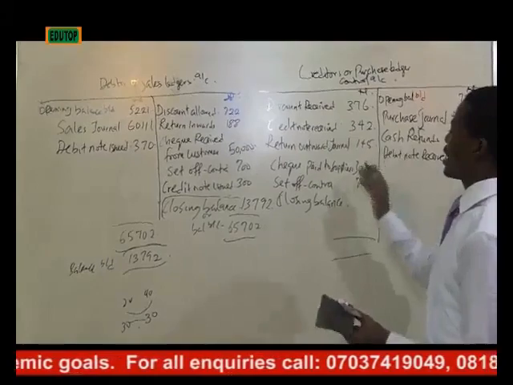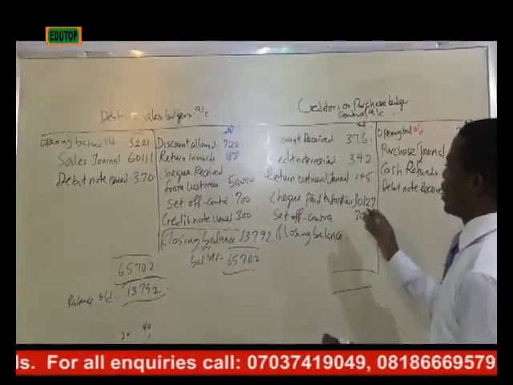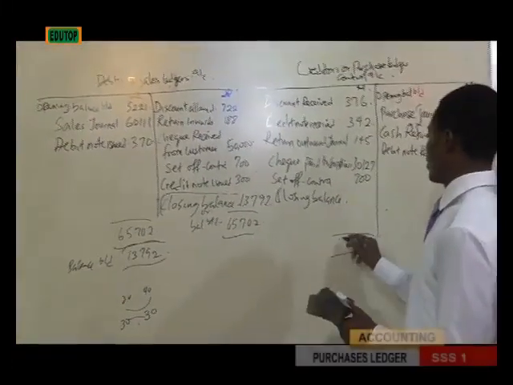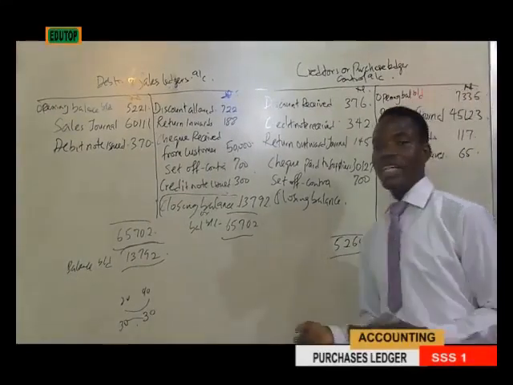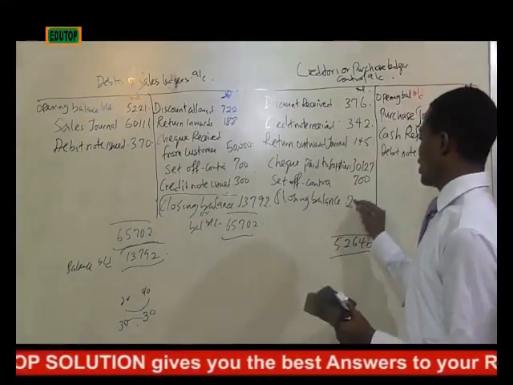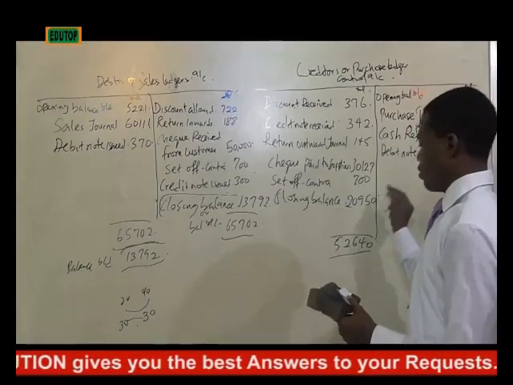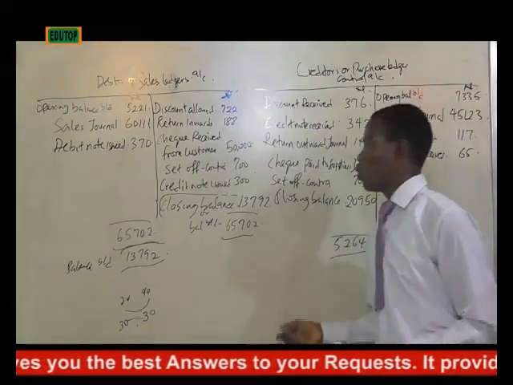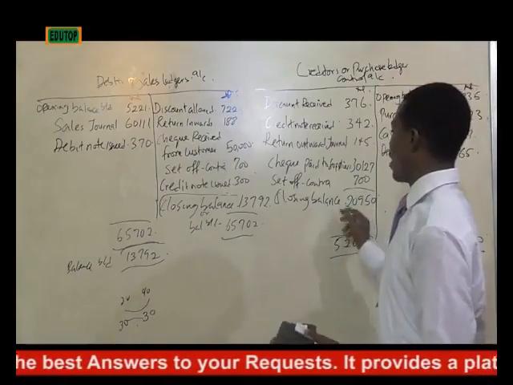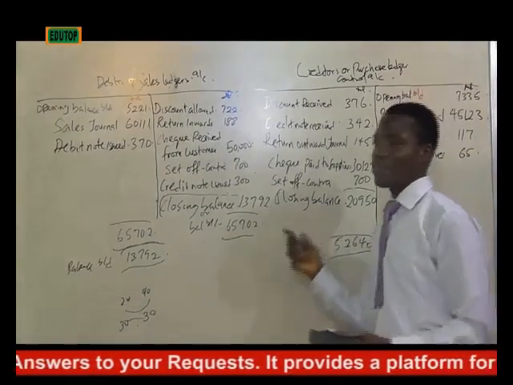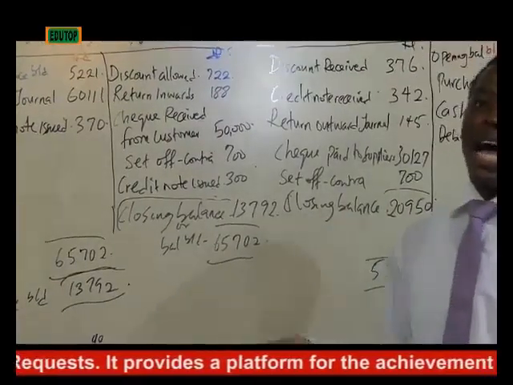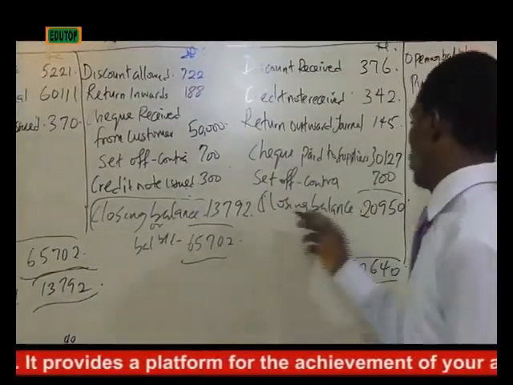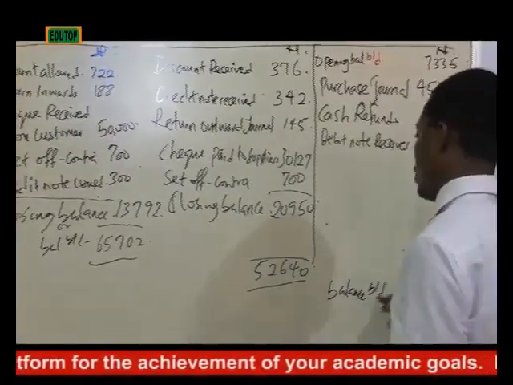This side is greater than this debit side. So the difference there is 2950. So this is the total creditor that you have. That is the total amount that you are owing your supplier at the end of the day. So you bring it down here, balance BD, which is